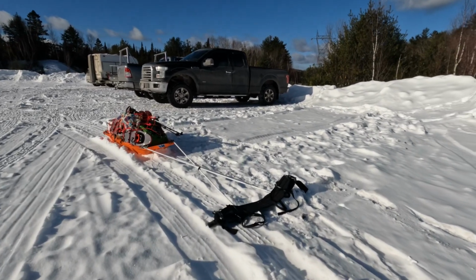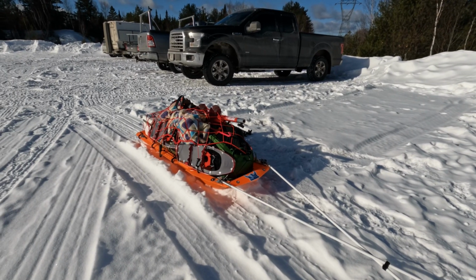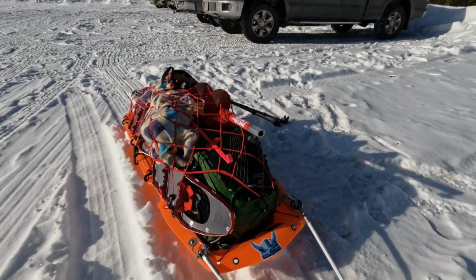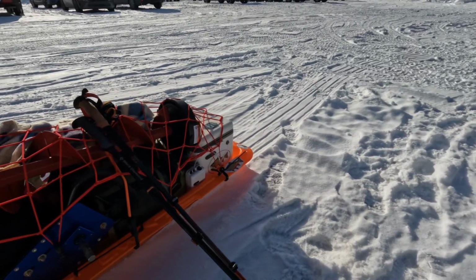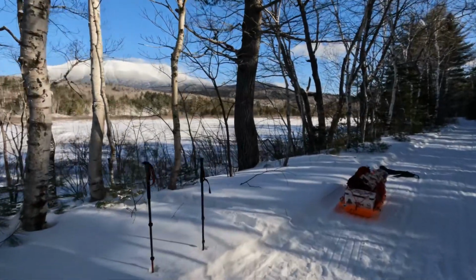Here's the ice fishing edition, Baxter State Park. Gonna try and ice fish one of the few ponds you can. I got 20 smelts in there, so a little heavy, a little tricky packing, but got it done. Real pretty walk in there, able